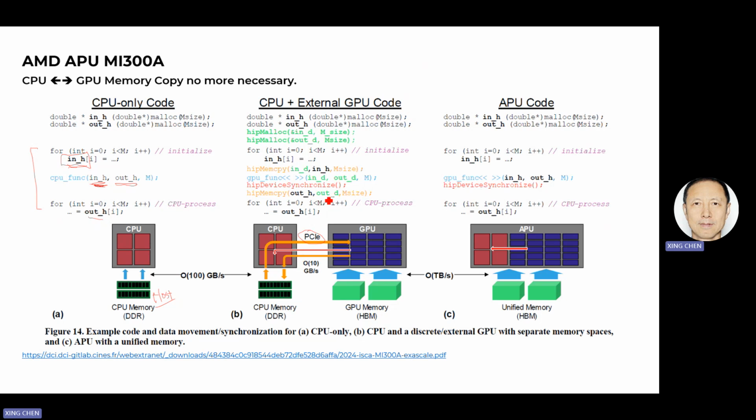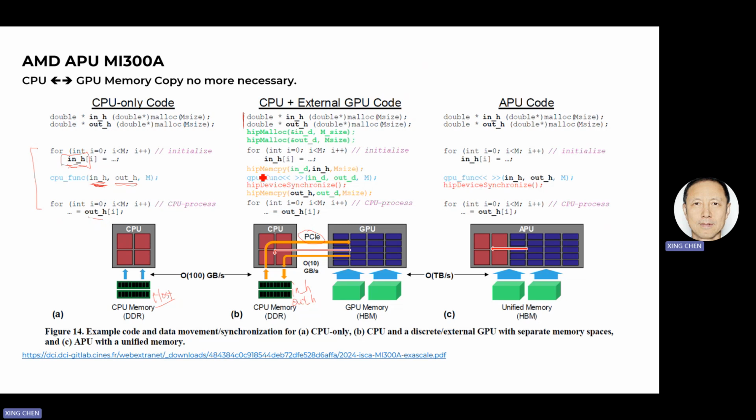You have the data in the host memory, the in_h and the out_h are in host memory, but the GPU cannot access the host memory. The GPU cannot work on these two variables, so to make it work,